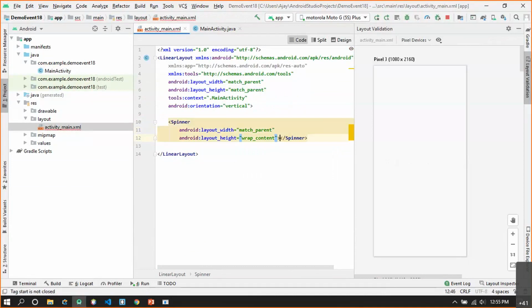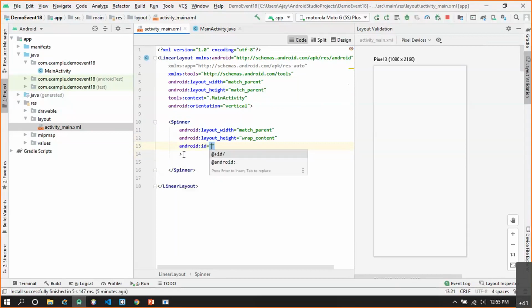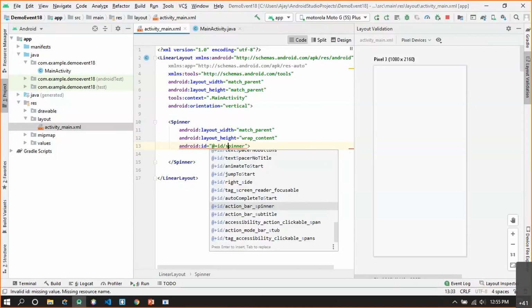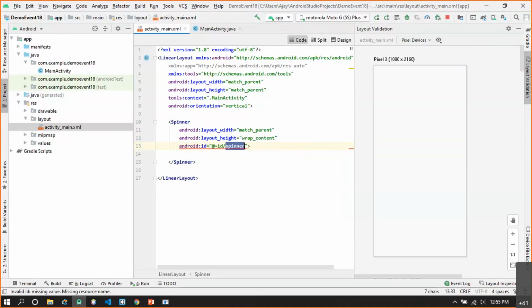Now in this spinner, the most important thing is that you have to give the ID to the spinner. So @+id. Now the question is, what should the ID be? Let's call it sp, or a small spinner, or what we can give here, we will call it langs.